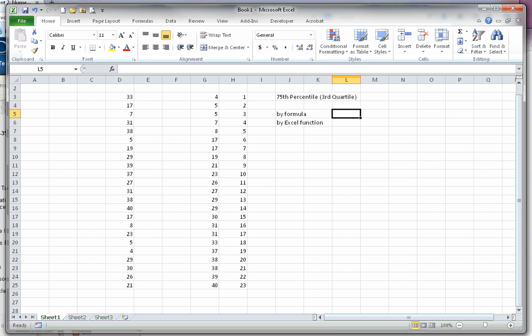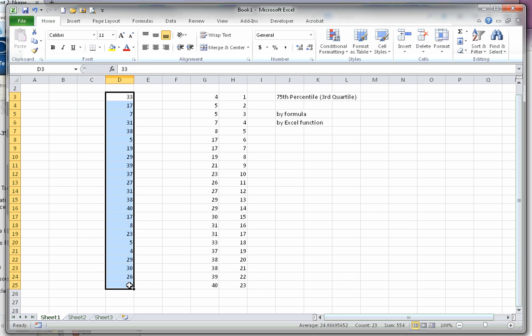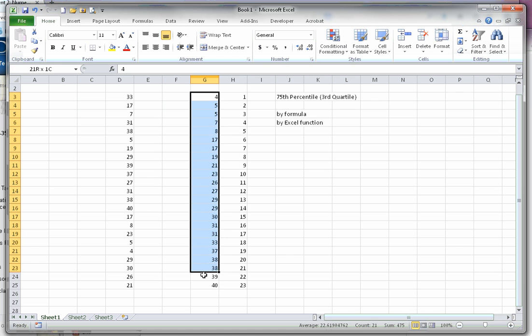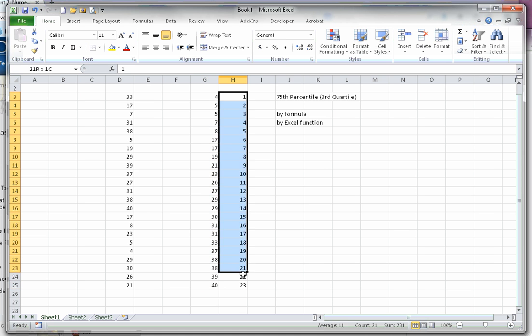Percentiles can be calculated in many different ways depending on the software that's being used. Here we have 23 values between 0 and 40. In this column, they are ranked smallest to largest, and this shows the position of each number in that ranking. Number 4 is the smallest, the first ranked. Number 5 is the second and third ranked, and so on down to 40, which is the largest number, the